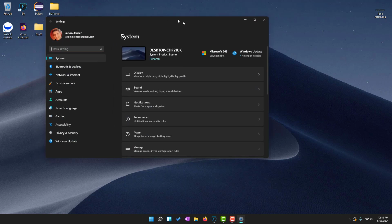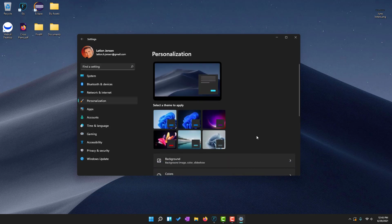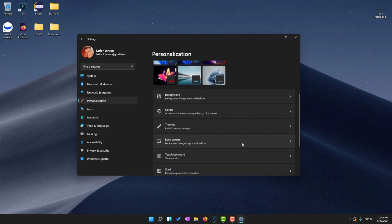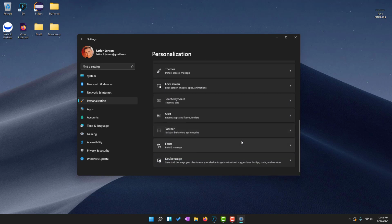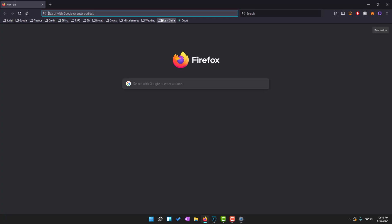I love the center taskbar. The settings look wonderful. Another great thing is the personalization. Tons more options, a lot more control over the way your whole system looks. So that's cool. And yeah, so to get into the Windows Insider program,